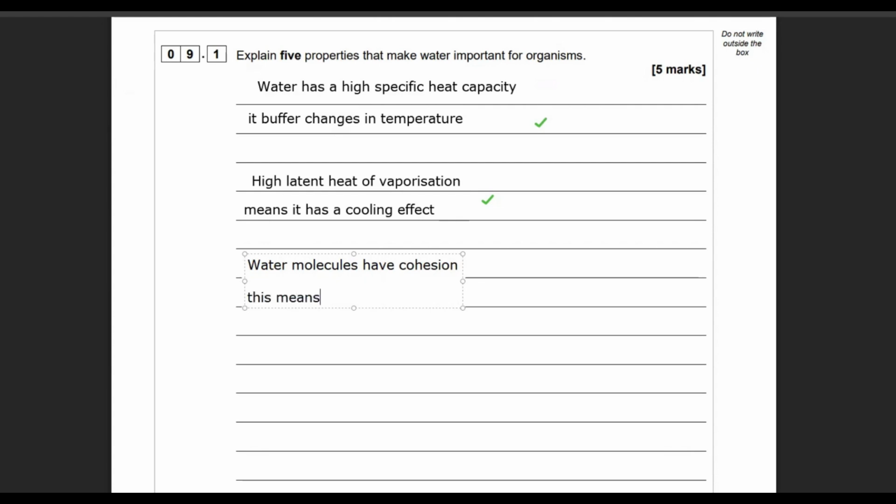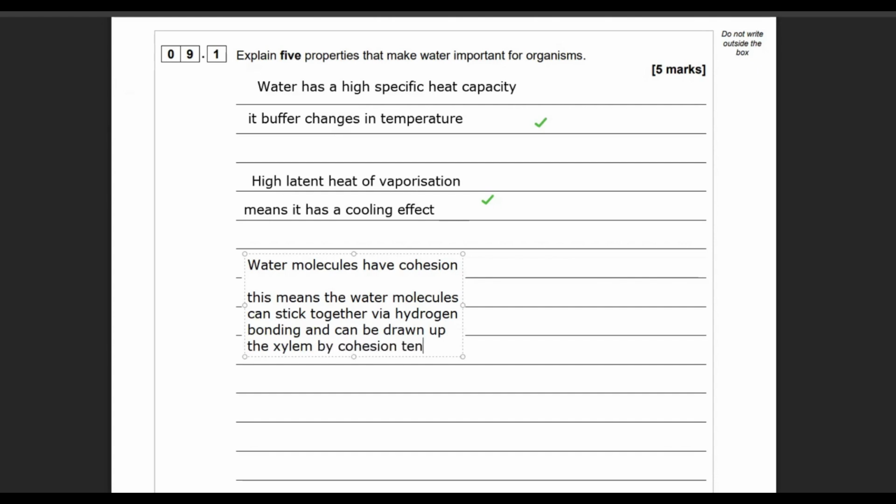This means the water molecules can stick together via hydrogen bonding and can be drawn up the xylem by cohesion-tension, should be a hyphen in between those, in a